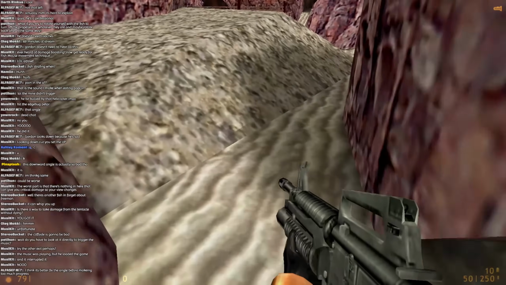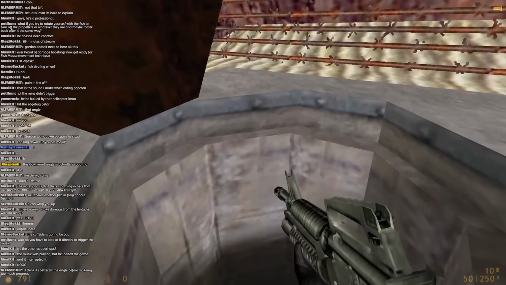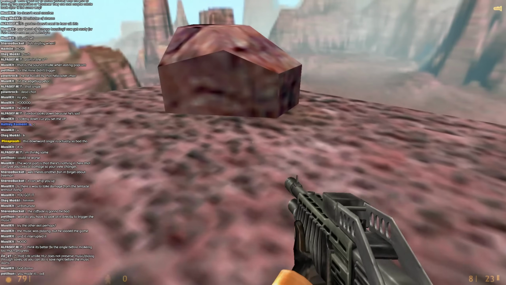The minefield was easy, which is not really a surprise. The cliffside was absolutely hell.